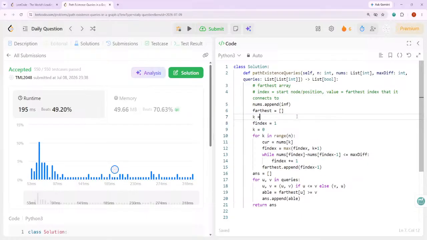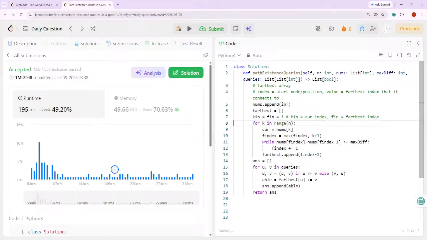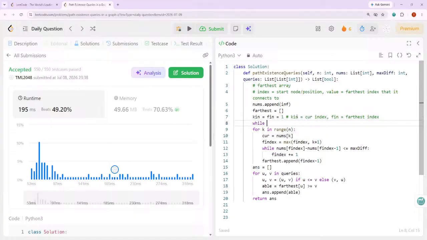Let's say k is the current index, f is the farthest index. In means current index, and fin means farthest index. So while n is less than n,